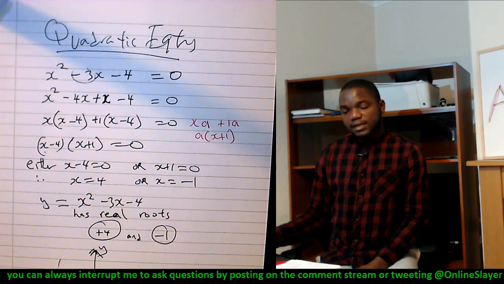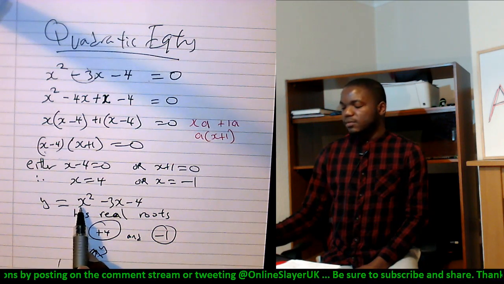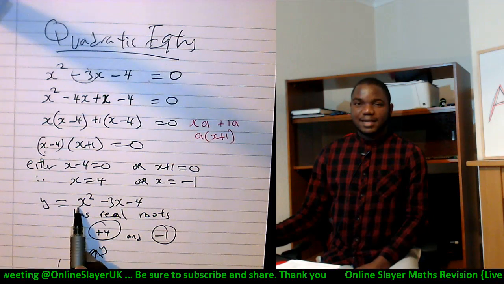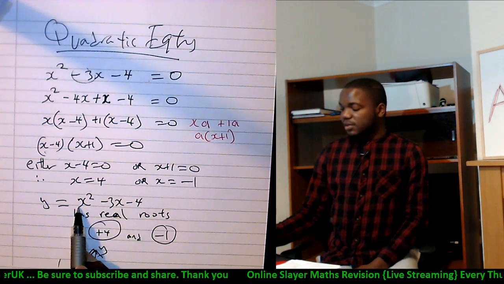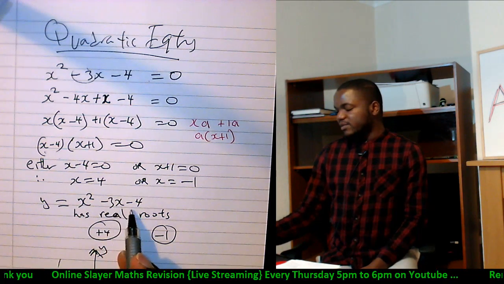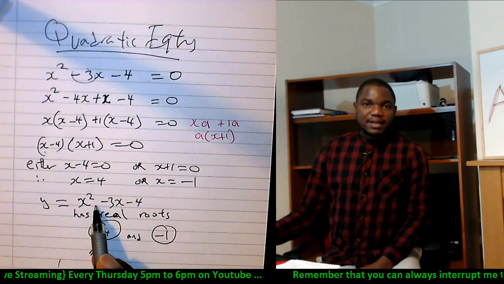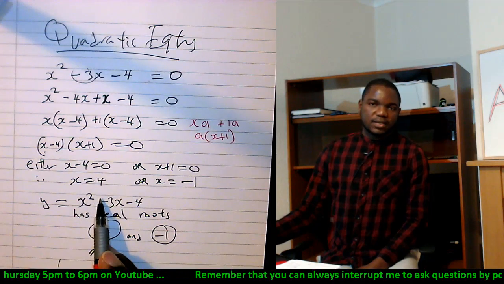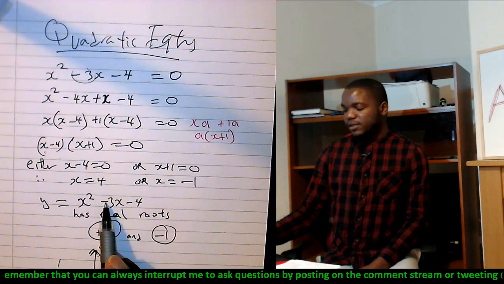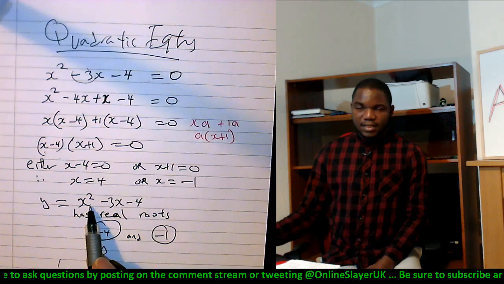And I think you need to write that down. If the coefficient of x squared is positive, then it's going to be a U shape, and if the coefficient is negative, it will be an N shape. The reason for that is because in y equals ax squared plus bx plus c, when x is infinity, the only thing that matters will be ax squared, irrespective of whether it's positive or negative. Now at infinity, ax squared